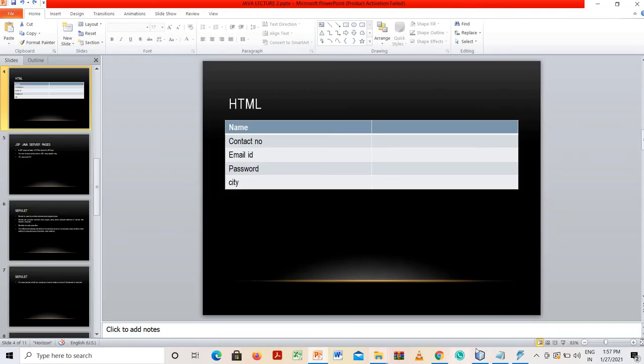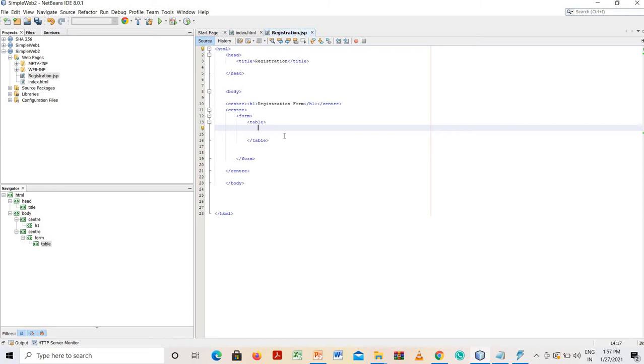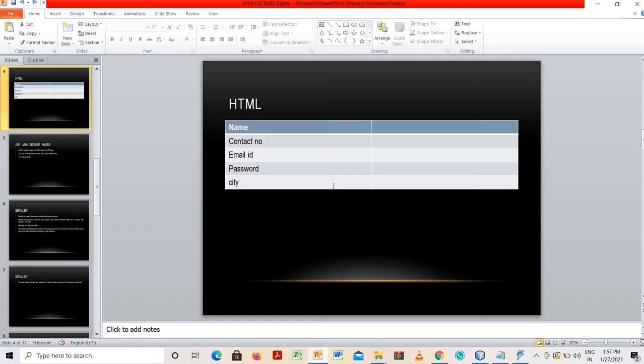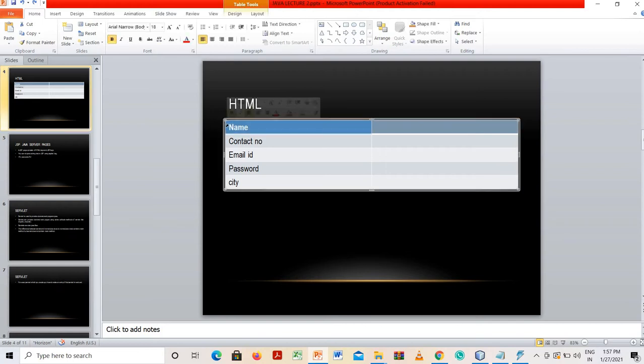I want to design this form. So what is the procedure? So inside the table tag, concentrate on this form. This is one form. This is a table, right? In this table there are two columns. I will go row by row. This is first row, second row, third row, fourth row, fifth row. In each row there are two columns. In the first column there is a field name. In the second column there is a text box. Right? Are you getting it? This is the first row. In the first row there is a name. In the first row, in the second column, there is one text field.